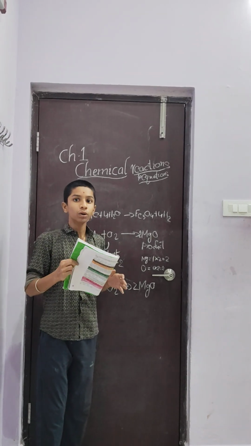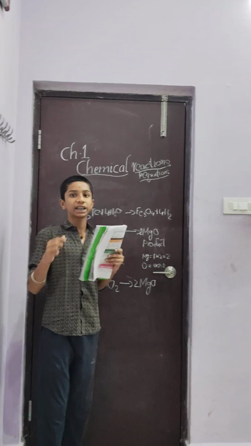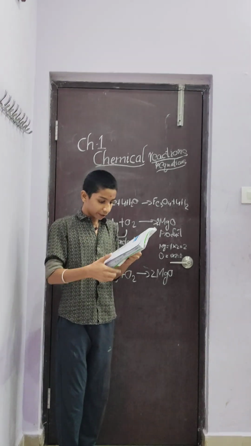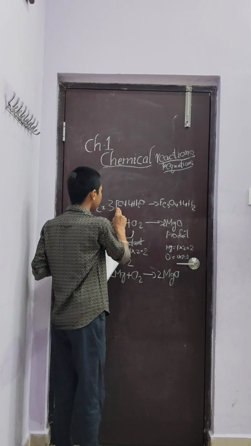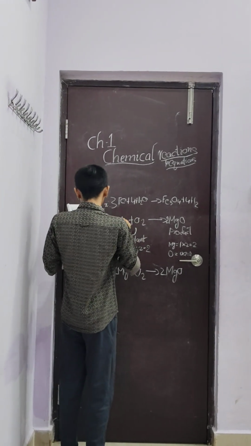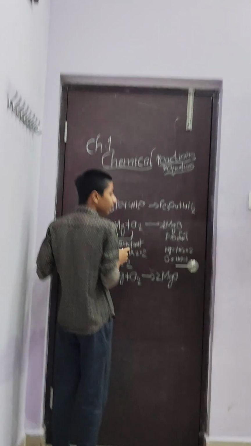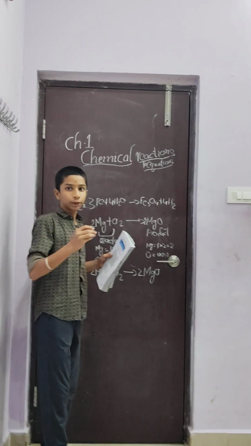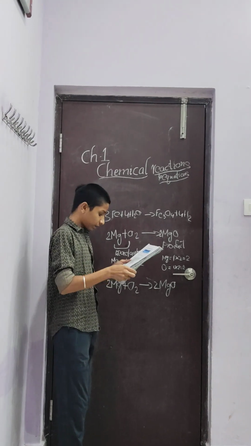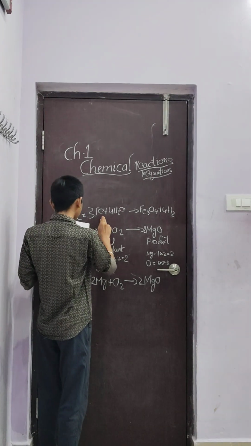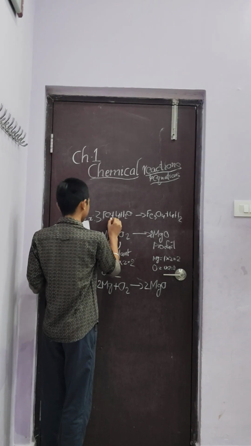So if we don't know the physical states, we represent them with (g) for gaseous state, (s) for solid state, (aq) for aqueous solution, and (l) for liquid state. Now we will write these physical states: